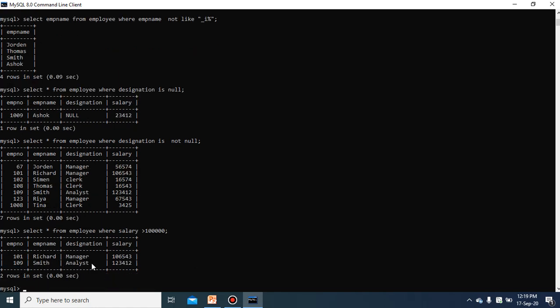So these two employees' salary is greater than 1 lakh, as you can see here: 101 Richard, manager, and 109 Smith, analyst. So this is about the relational operator and how we have used it.